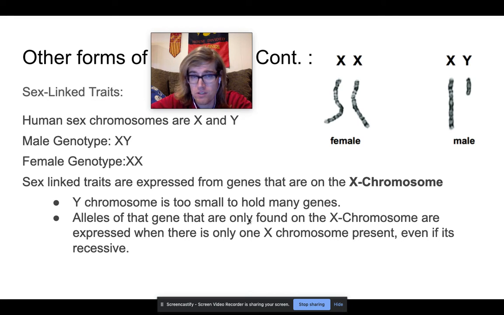Recessive, according to Gregor Mendel, claimed that we had to have how many alleles present in order to be expressed? 2. We had to have 2. But if this one over here does not have a dominant gene to mask it, if the X chromosome has 1 recessive allele, it gets expressed no matter what is over here,